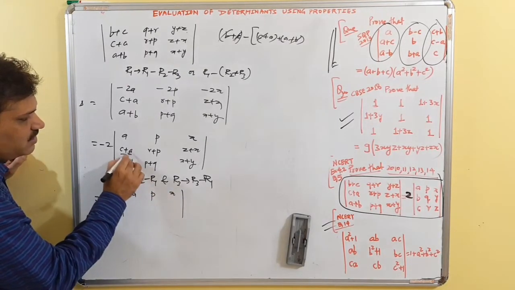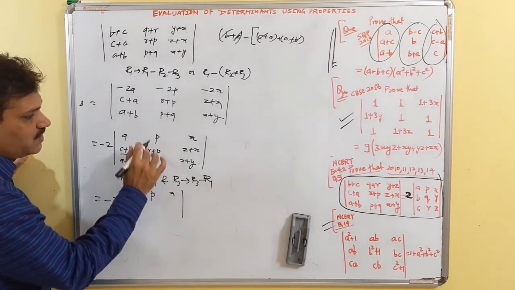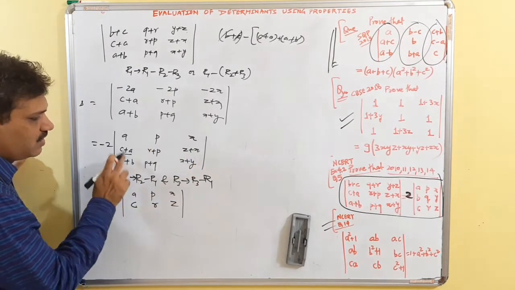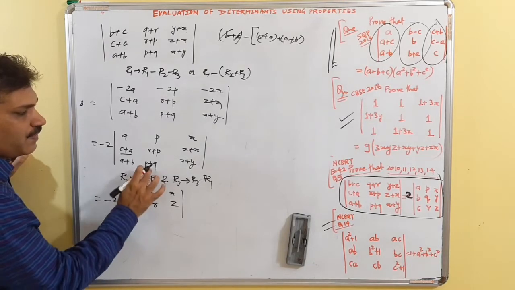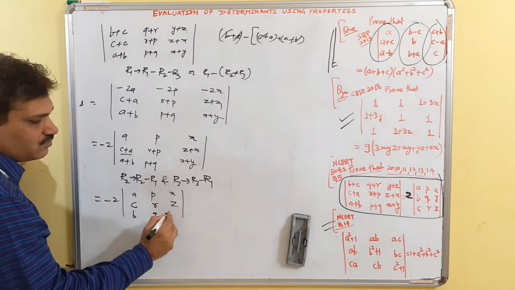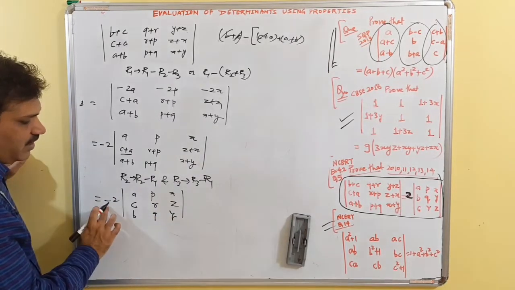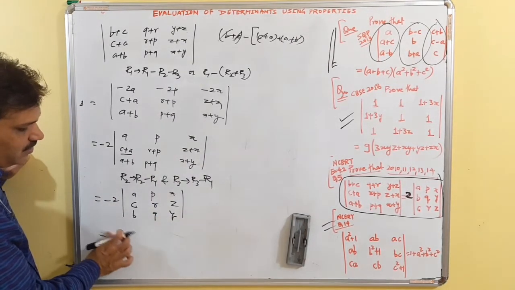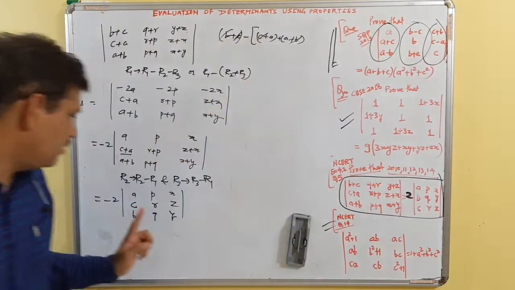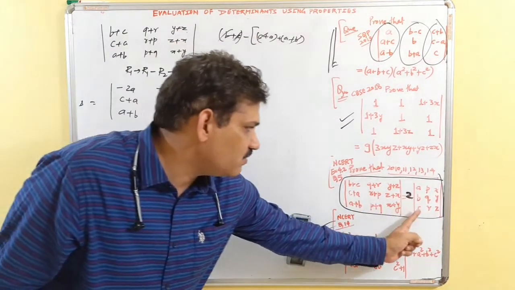This will give us C plus A minus A, which is C. R plus P minus P will be cancelled out, R. Here X will be cancelled out, Z. This minus this will give me B. This minus this, P will be cancelled out, so we get Q. X will be cancelled out, so we get Y. Now we have a negative sign, and if we interchange, A, P, X is in the first row, it's all right. C, R, Z is here in the second, but B, Q, Y is here in the third.